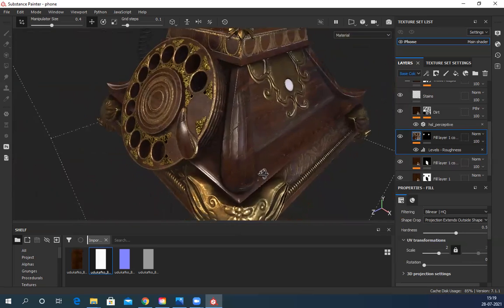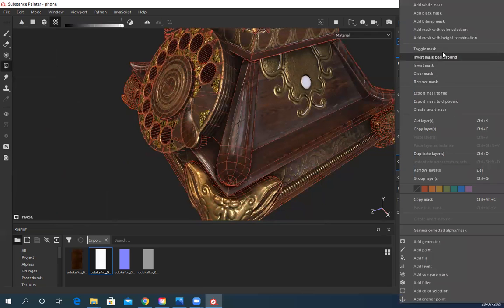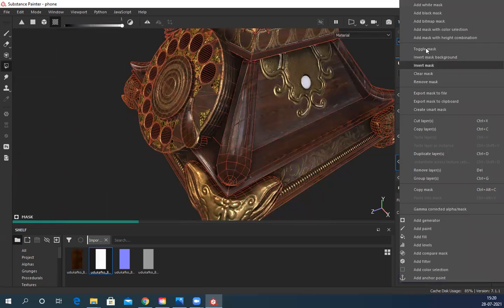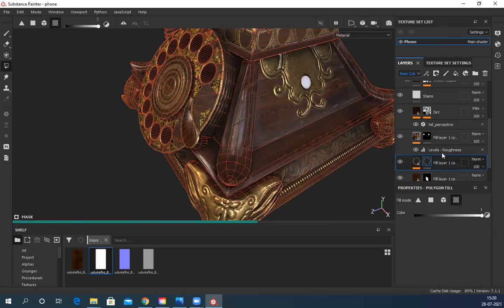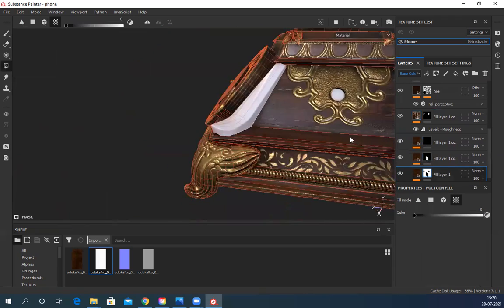Similarly for all these things also, I need to fix it. So what I'll do, select this one, duplicate. Where is my duplicate? Duplicate. Fill black mask. This one is already hidden, and from this one I have to remove this. Select, gone.